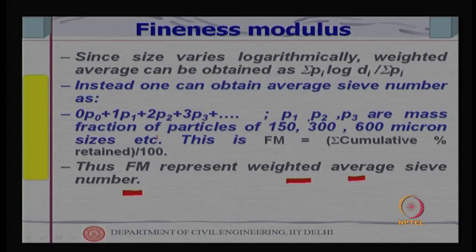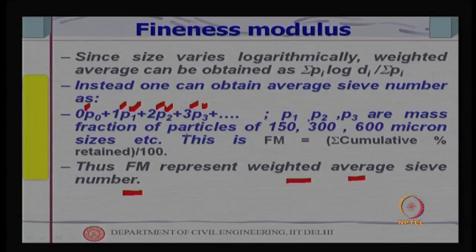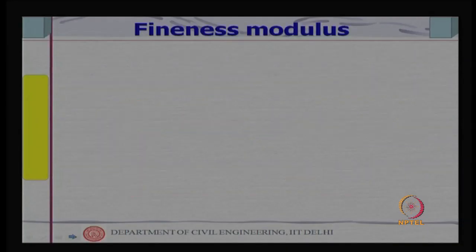What we do is we give the sieve numbers, the largest size as 0 or 1, then sieve number 2, 3, 4, etc. If I want to find out a weighted average sieve number, then the weighting functions are nothing but P1, P2, P3, where P1, P2, P3 are the proportions of that size aggregate in the total aggregate. Right. So, this concept we will discuss in the beginning of the next class, and we will discuss one more concept